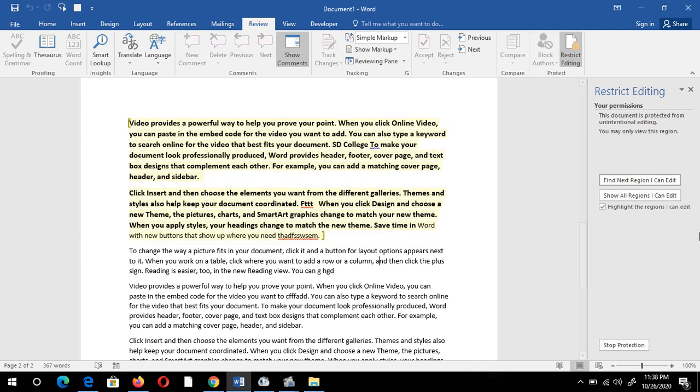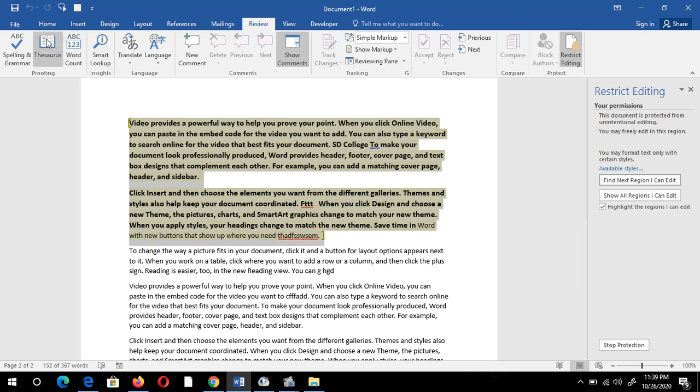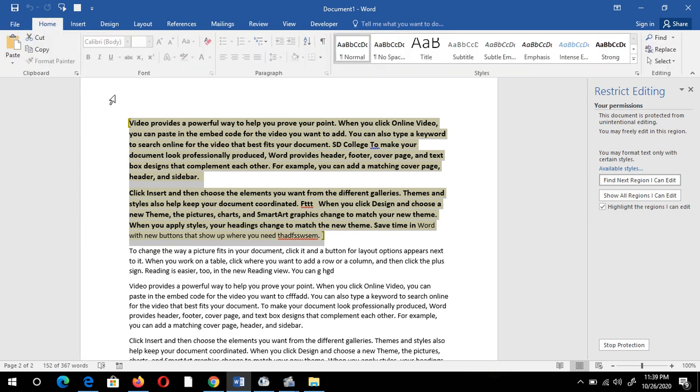Now the highlighted portion can be edited by anyone. You can edit it, and the rest you can't edit. Suppose I want to edit my text. I am going to select the Home tab. You can see this is a disabled part, but this is an enabled part. By default, some of the features are disabled and some are enabled.